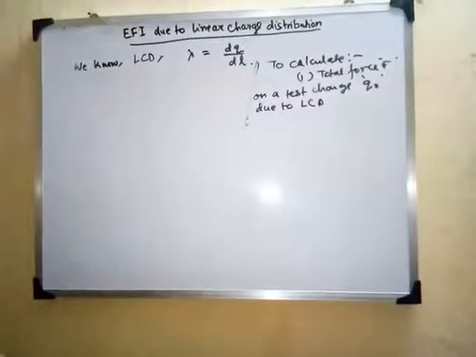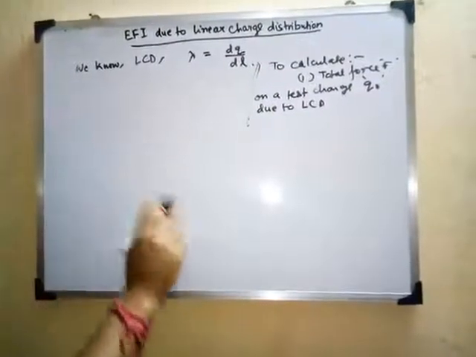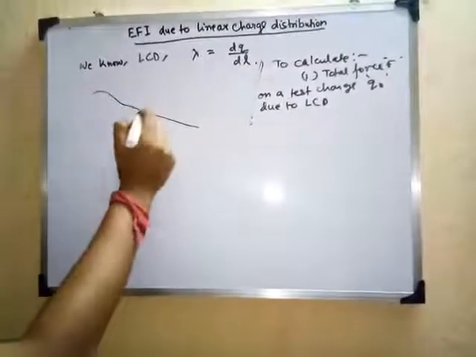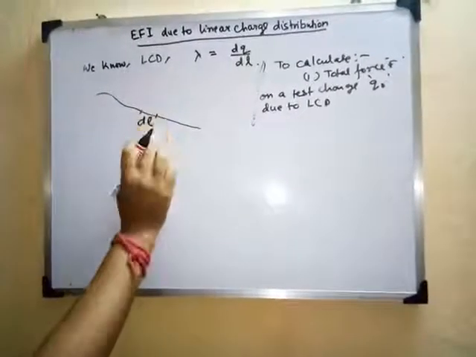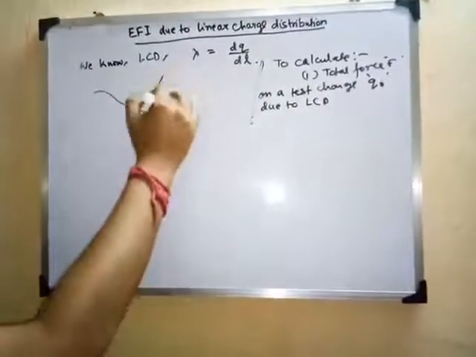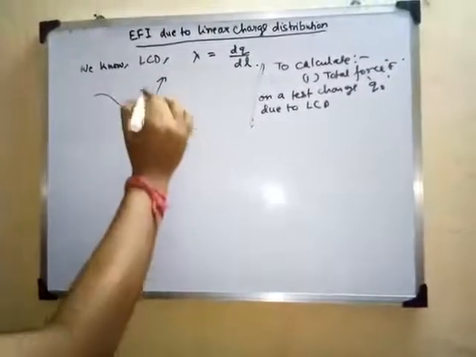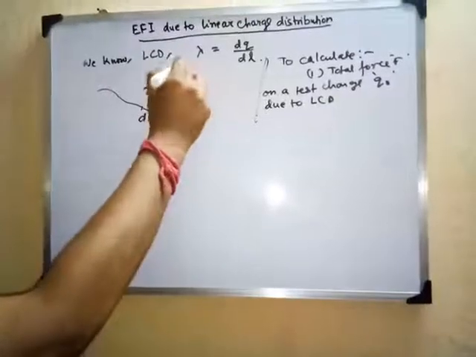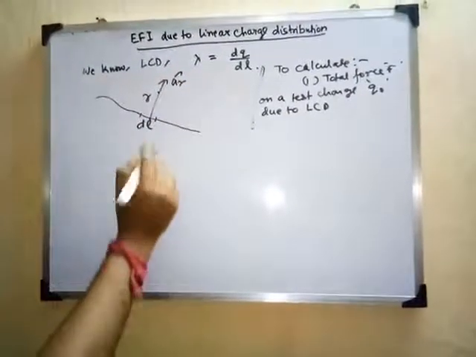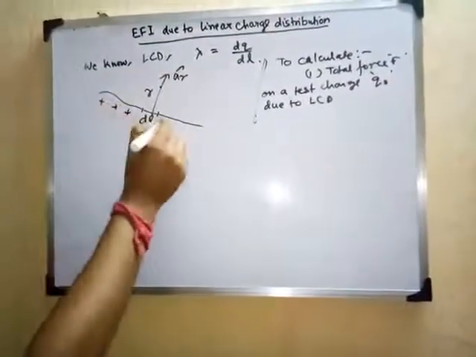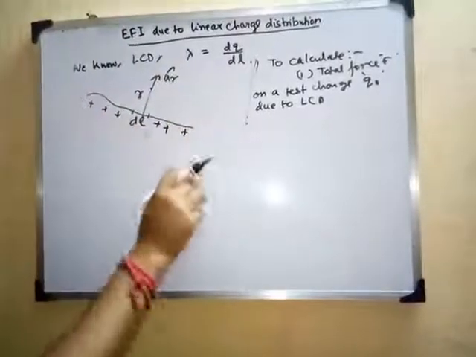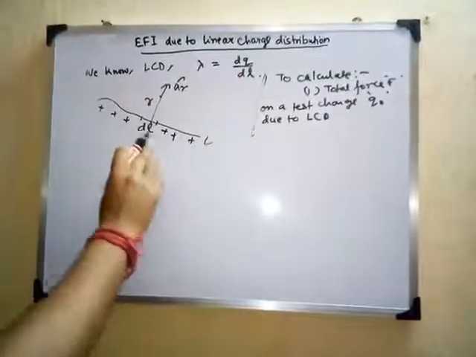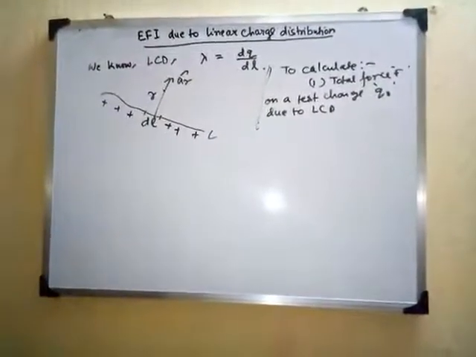So for doing this, let us first consider a small element of length. Say this is a line. Within this line we consider this small element of length dl, and this was the diagram, if you can remember this. So this is r and this is the unit vector represented by ar, right? Suppose we are considering the positive charges are distributed throughout this line. So this total length of line we consider is L, where dl is a small part of this line, right?